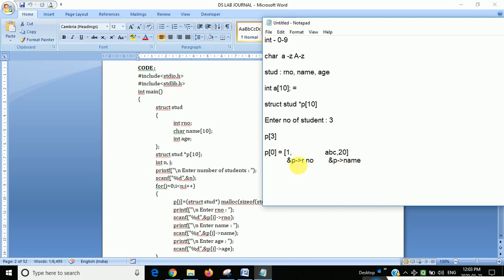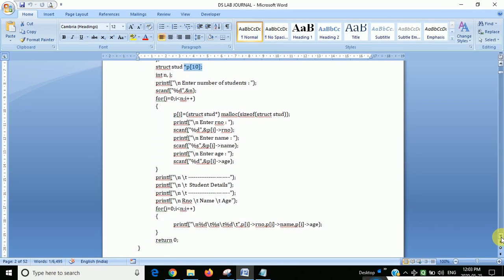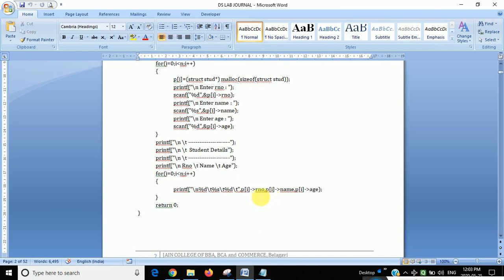So this comes under the subscript that is 0, and it will take all of this one by one. It will take all this and then it will start printing the values. How will it print the value? Just remember how to print it. It will print like this. Here for scanf we have to use the address.